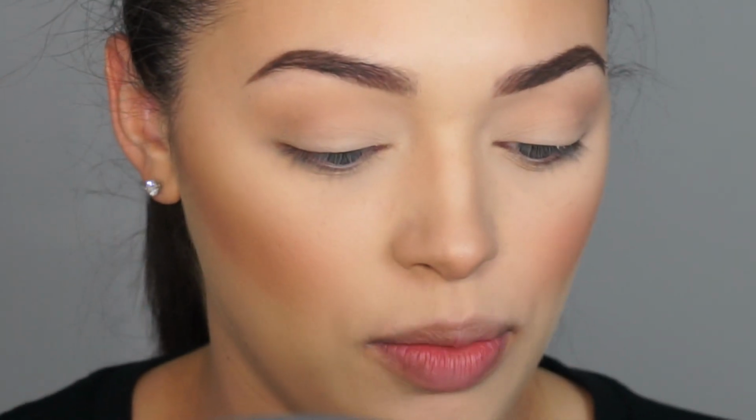So let's go ahead and try some of these products on. So the first shade that I'm going to take is Incomparable, however you want to say that. And I'll use that in my Morphe M502 just to blend that into my crease as a transition. So far, so good with blendability. Next, I guess I'll go in with the shade Enchanting down here on the bottom. It's a lightish kind of lilac purple, using that same M502 just to add a little bit of depth into